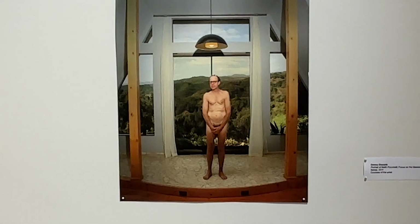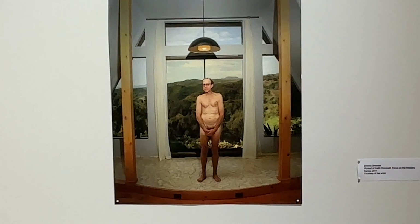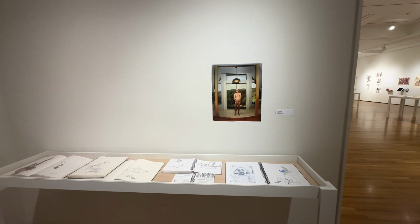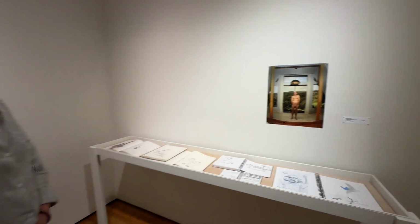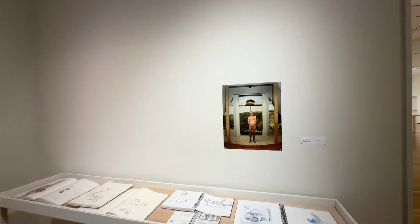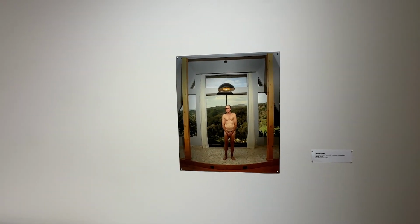photograph was done by Donna Granada, and it was for the Focused on the Masters interview that she did with him. And is that in his dome house? Yes. So this was taken in his dome house, and when Donna told Keith that she was going to do his self-portrait for this, he goes, I know exactly what I want to do. And so